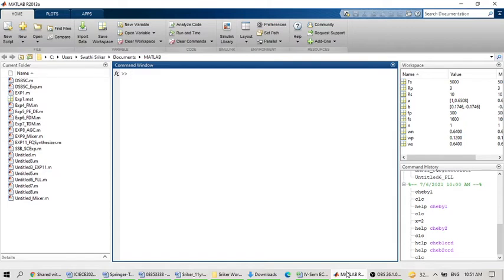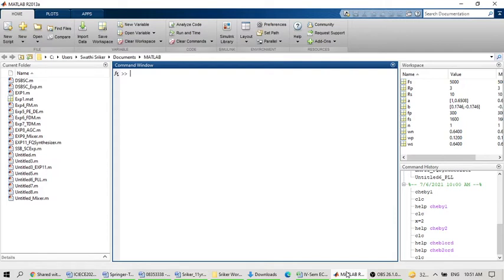So what are the steps to design the FIR filter? Step 1 is you have to find out the order of the filter from the given specifications. Next, after finding the order of the filter, you have to calculate the window sequence. MATLAB already has the built-in functions to calculate the window sequence.